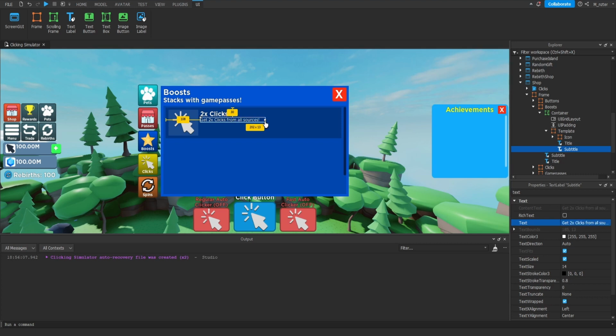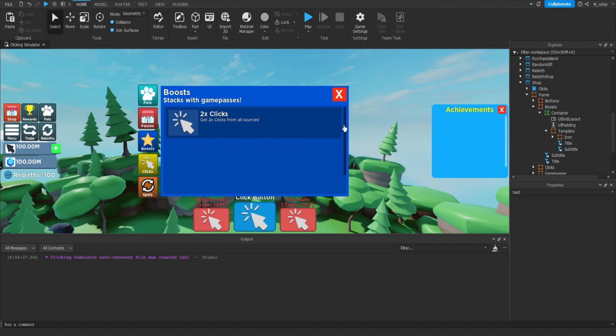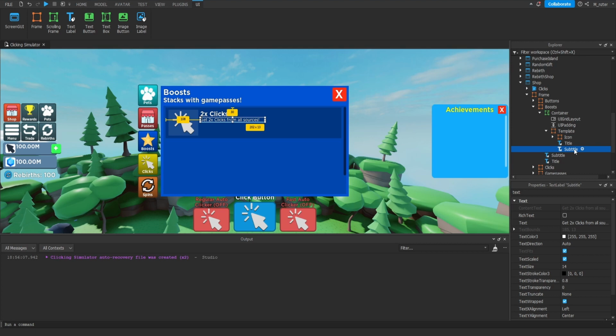So now the text of this text label is just a little bit longer than the original title text label, and I feel like doing that makes the subtitle look a lot better. And of course, you can make your own adjustments however you feel like. Now we need one more text label inside of here, so we're going to go ahead and duplicate this,